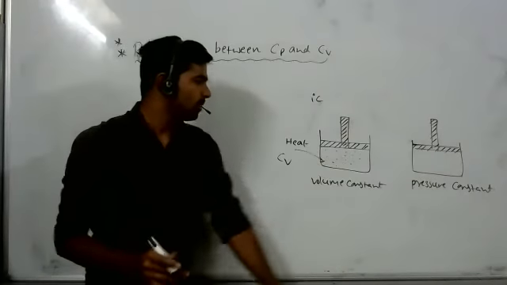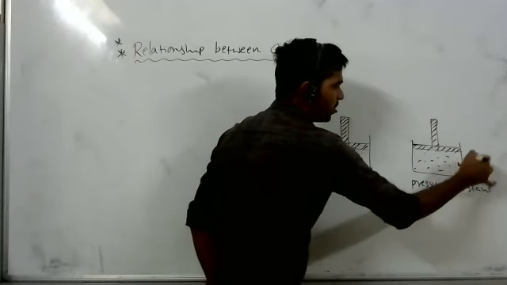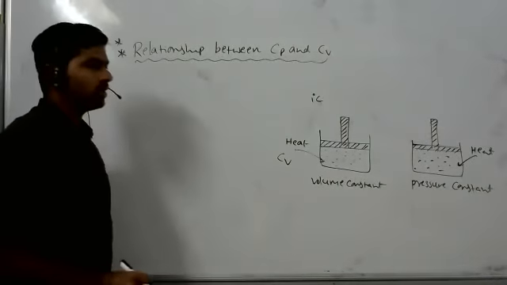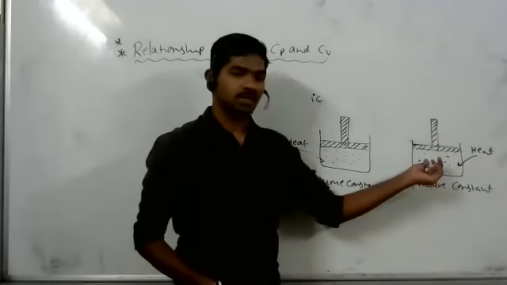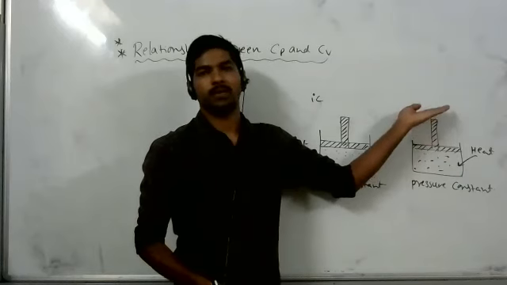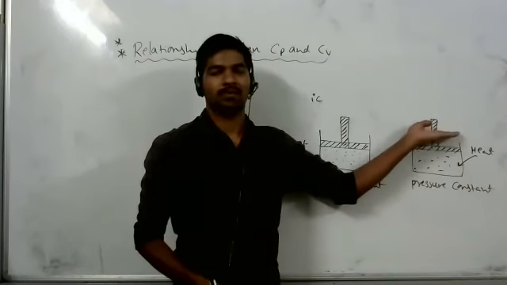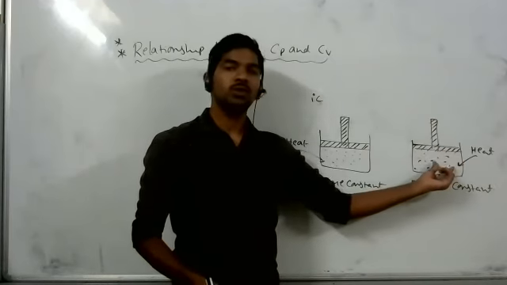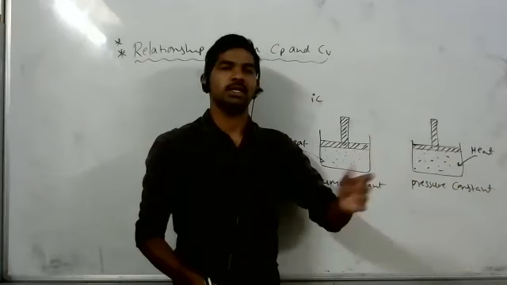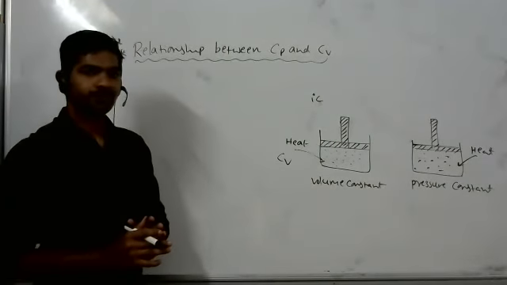Now here also gas is there. Some amount of heat is supplied to the system. Then what happens? That heat is utilized by the system, and since we kept the external pressure constant, the piston is moving up. The absorbed heat is useful to do some work. At the same time, that heat is useful to increase the internal energy of the system, and the temperature also increases by 1 degree centigrade. Can you explain the system where pressure is constant again?